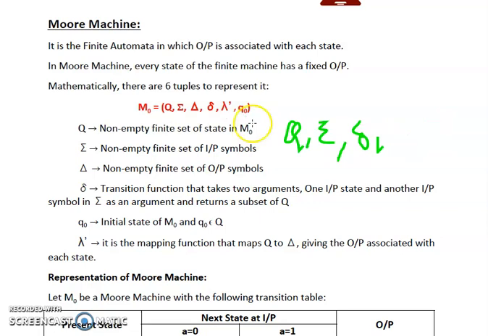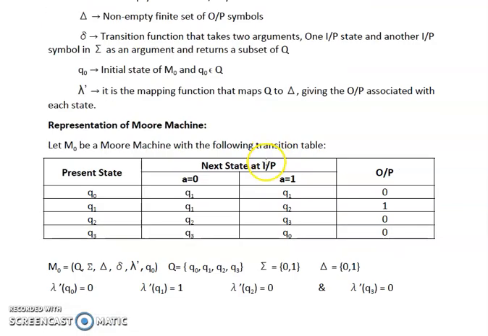Now, let's move further. Let's see how a Moore machine can be represented in the form of a table. So, the Moore machine has the columns named present state, that is the current state on which we currently are. Then it represents the next state corresponding to the input. So, whatever the input we provide, based on this, the next state will be obtained. And the output associated with each state. So, for example, for state Q naught, the output associated is 0. For state Q1, output associated is 1. For Q2, it's 0. And for Q3, it's again 0.